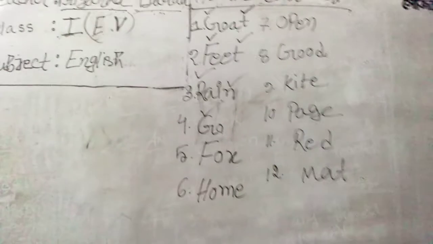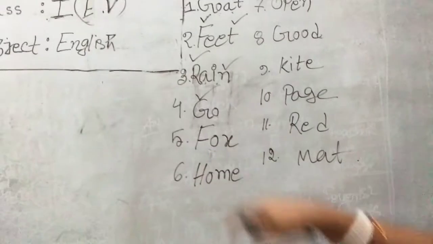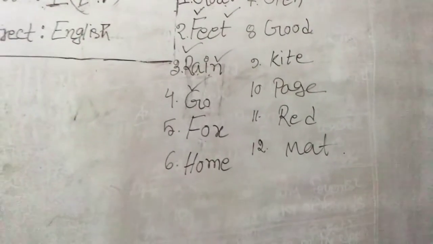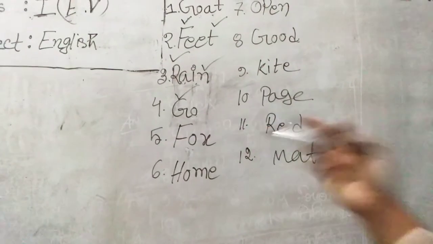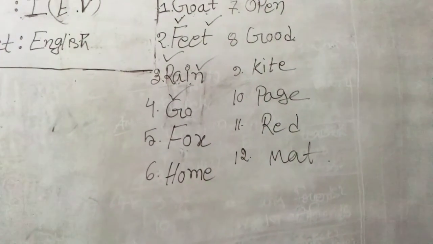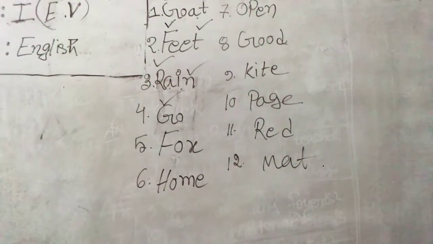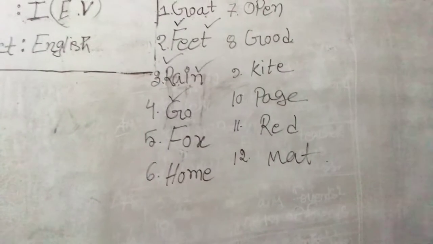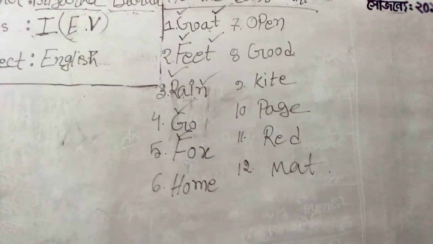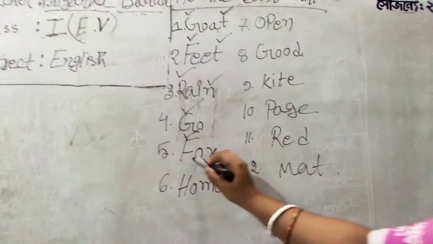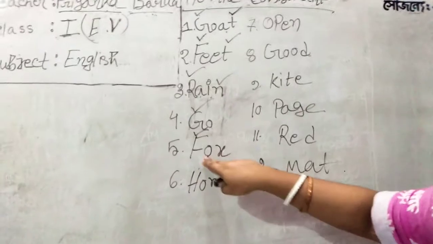Okay. So F-O-X. From here, what are the consonants? What's the vowel here first? It is O. So should I put a tick mark? No. I am working with what? I am working with consonants. So I have to tick the consonant only. So what's the consonant or what are the consonants here? Can you remember or can you sense? F? Yes, F is a consonant. So I have put a tick mark. Then O is a consonant? No, O is a vowel. So it's cross.